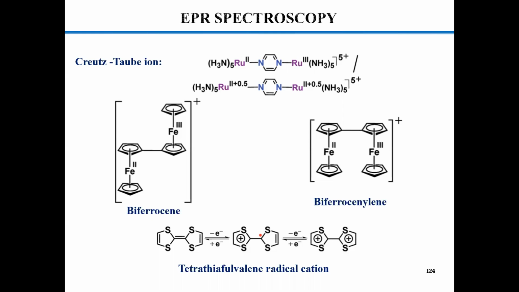So the electron transfer rate is not too fast. That means electronic coupling or communication between the two metals via the bridge is not that fast. The other scenario is very fast electron transfer or communication, and there your system is a very rich system